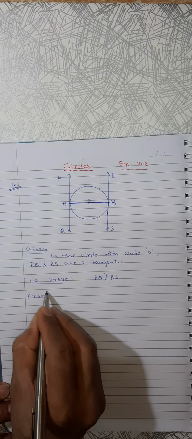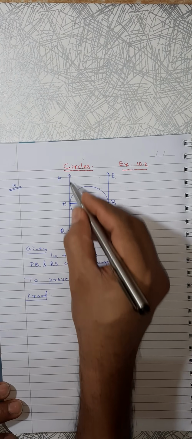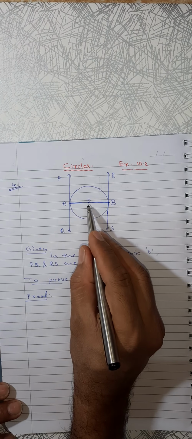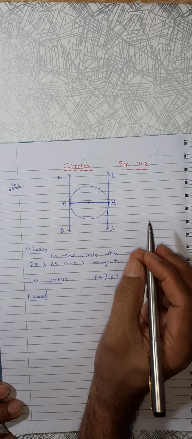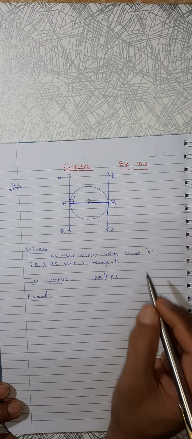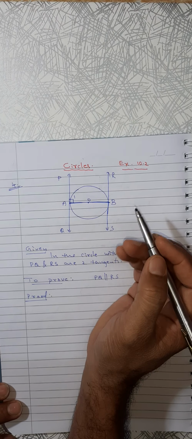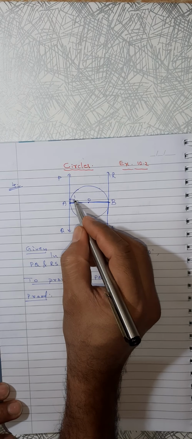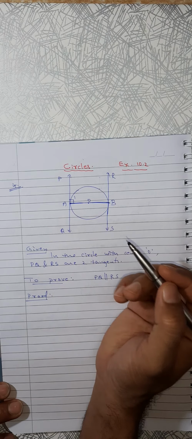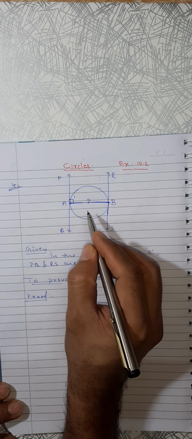Proof is very simple. If you think about this tangent, it is a radius because it is a diameter. AB is a diameter, which means automatically OA is a radius, and therefore this angle is going to be angle 1, 90 degree. We will name it as angle 1 to make it convenient. Instead of saying PAO, we name it angle 1, 90 degree. Reason, tangent and radius at the point of contact are perpendicular. Diameter means automatically radius, and our theorem is with the radius word.